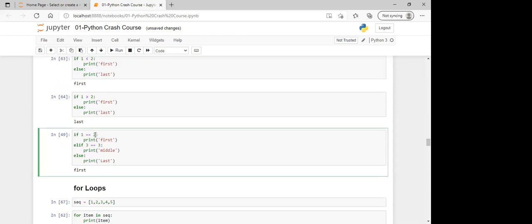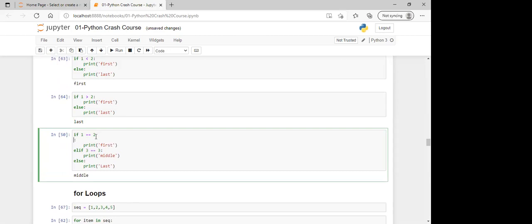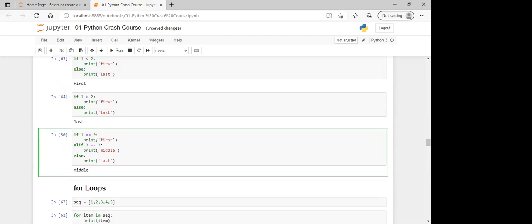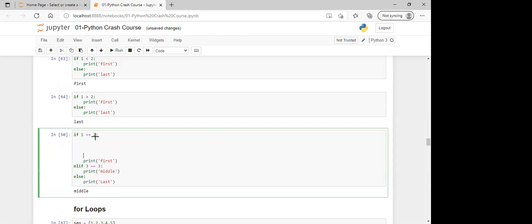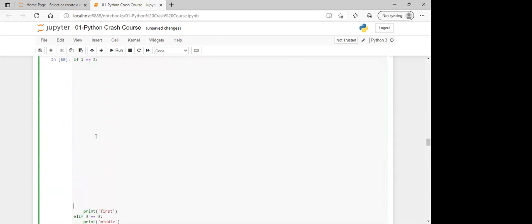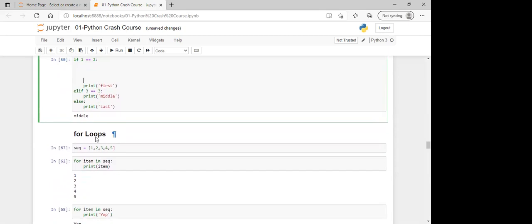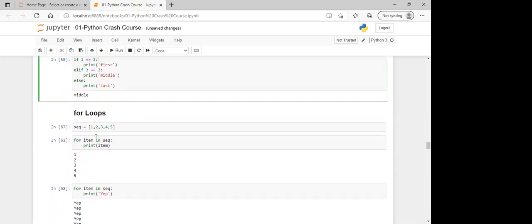You can just do alt enter. Alt and enter keys together.